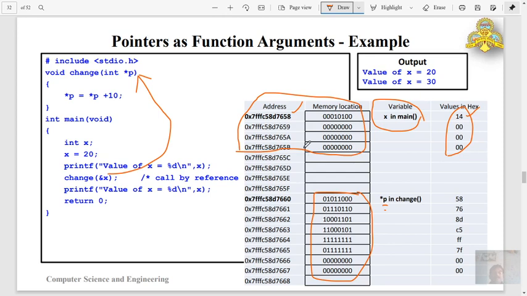Likewise here, p contains the address of the variable x, so only the base address is taken and that is assigned here. So you calculate this and see, the same address, that is the address of the memory location, is the same address here. So when we say *p, it